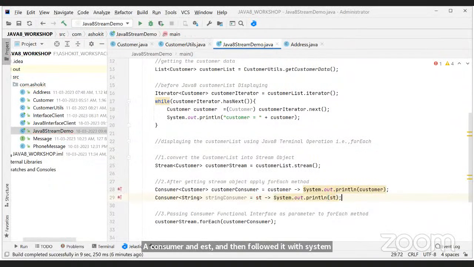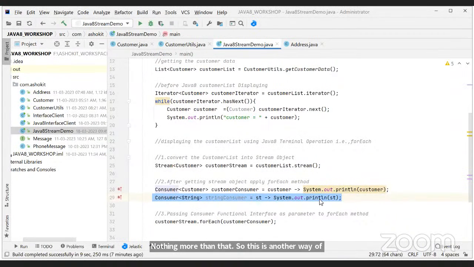System.out.println of st. That's all. This consumer helps in taking the input as a string and displaying that input as a string. Here, the other consumer takes the customer object as input and displays that object. This is another way of defining the consumer.